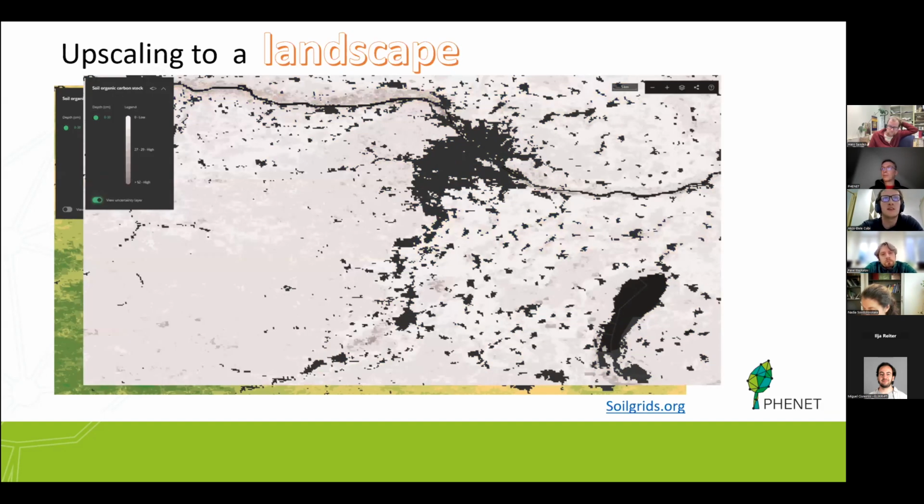Now you can see the same map, but here in the legend, you can see that it's about uncertainty. So the trend is when you have a higher organic carbon in the area, you also have a higher uncertainty, even reaching like 50%, which is really high. So for this,